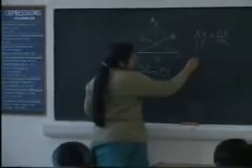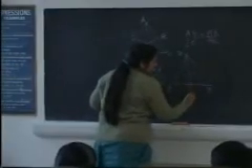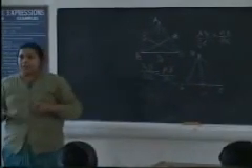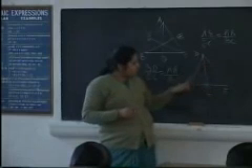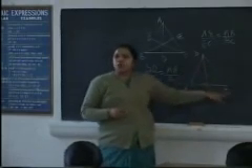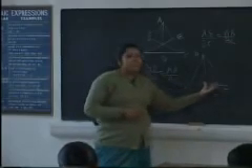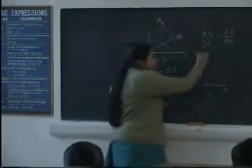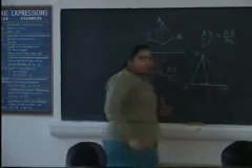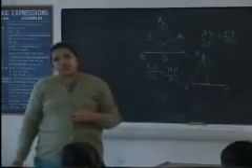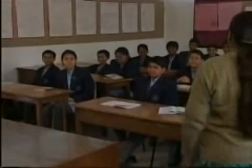Now if I give you a question, I say this is a triangle DEF. DL is the angle bisector, with the additional property that this DL is bisecting the opposite side. What do you mean by bisecting the opposite side? It means L is the midpoint of EF, or EL is equal to LF. So if DL is the angle bisector of angle D of triangle DEF such that EL and LF are equal, can you say that triangle DEF is isosceles? Yes, ma'am. Can you prove it? Yes, ma'am. Come and prove it.